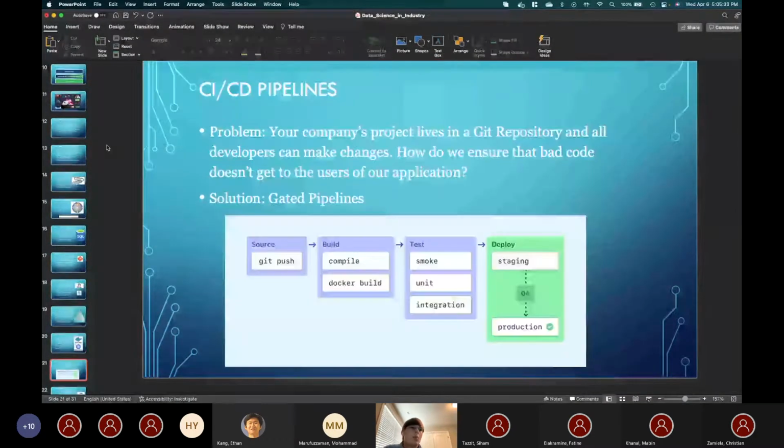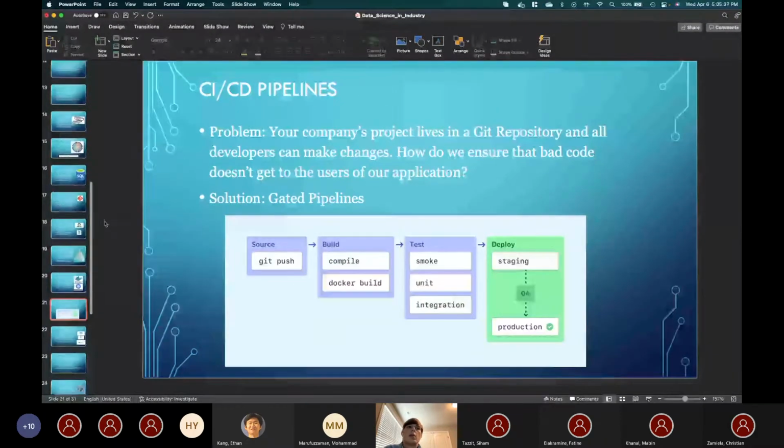And then one of the final things to touch on is the CI/CD pipelines. So let's say we've kind of built this up. We have our project, we've done our testing, we have virtualization, and we have this project that lives in a Git repository. All of our developers can make any changes they want, but how do we ensure that bad code doesn't get to the users of our application?